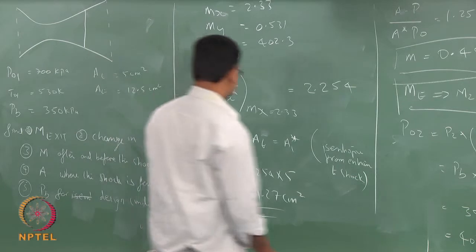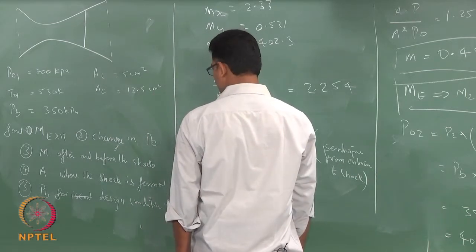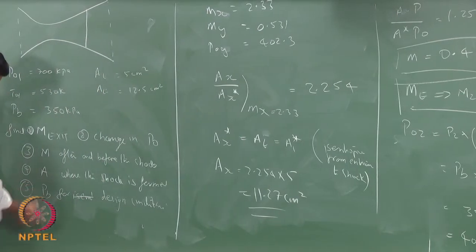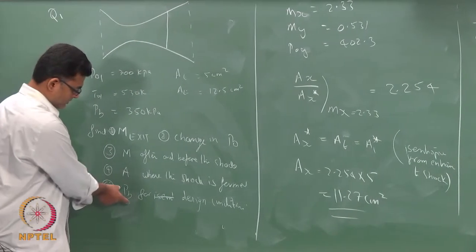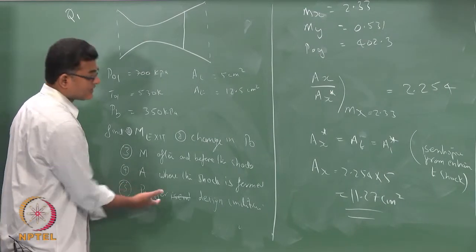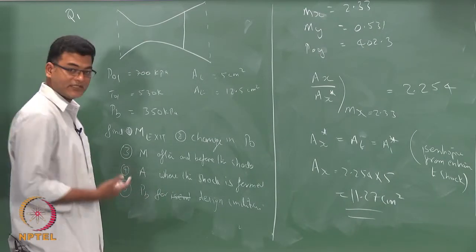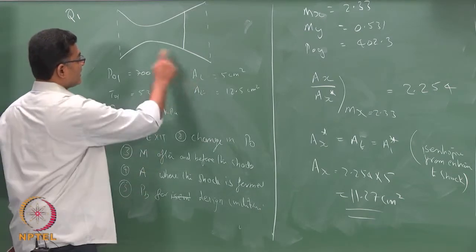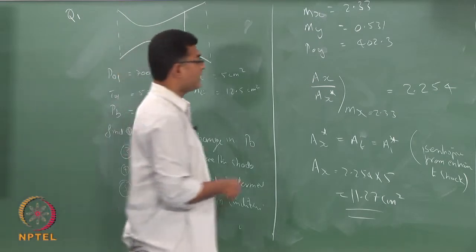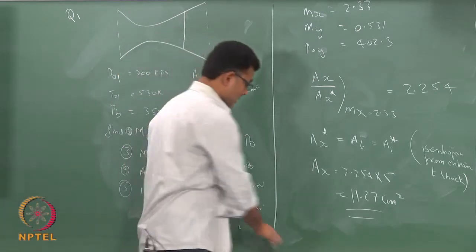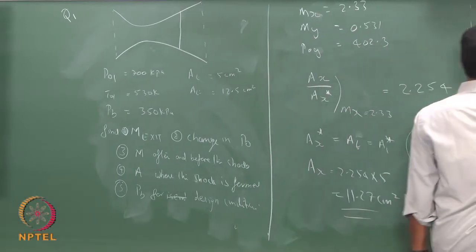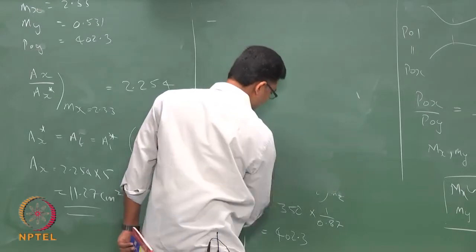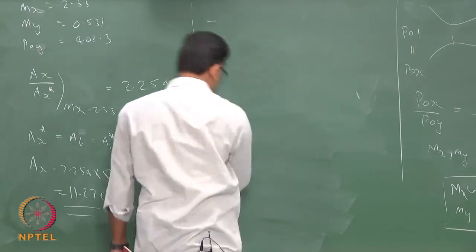So, now what else? Now, PB at the design condition. The P at the design condition is a very easy problem which we have been working on. You can look at the area ratio, just look at the area ratio A exit by A throat, find the appropriate Mach number which will give you an isentropic flow, and that Mach number will give you the pressure ratio.